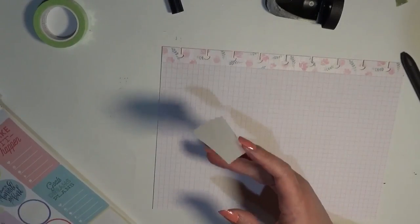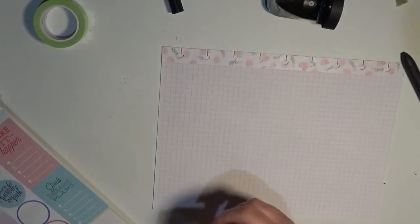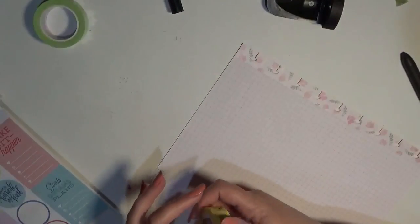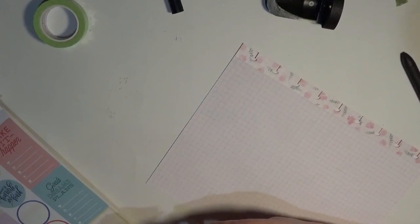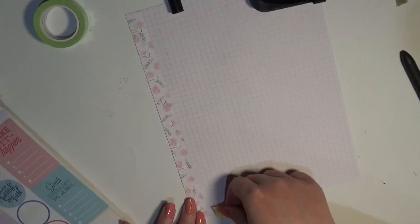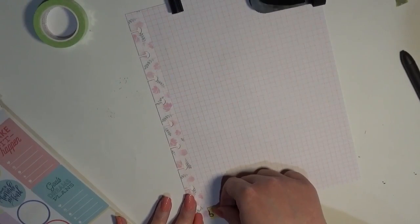I'm going to start it actually because I used the green over here. So I'm going to put some of this yellow down, and then I'm going to use some other colors. I don't know what other colors yet, but I am going to use other colors than that, and then I will put that box down